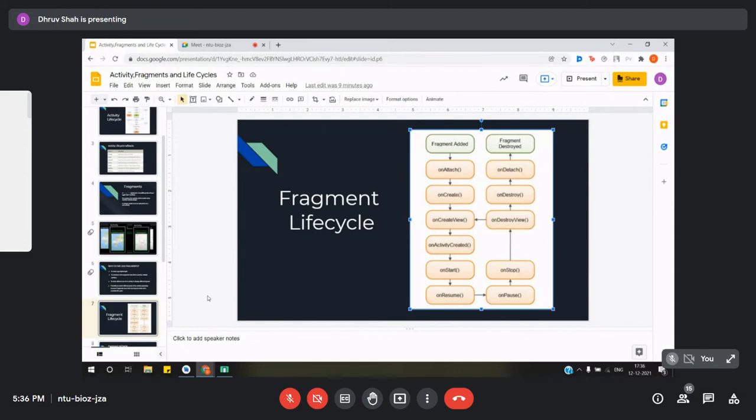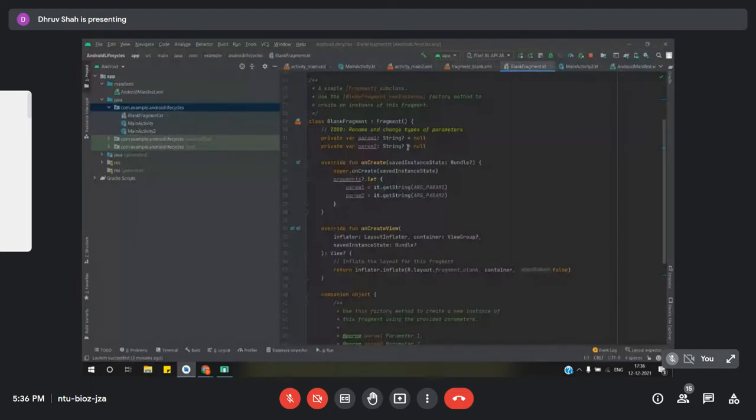So let's just see the example for it. We'll define the methods, override the methods in here. We'll do that quickly right now.